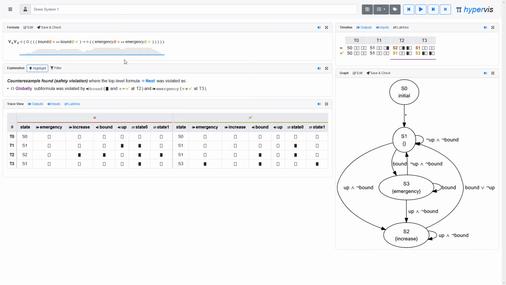In the explanation view, the violation is verbalized, stating that the globally subformula was violated as the bound input was true on both traces at time step 2, but the emergency output was different at T3. The trace view shows the two executions in more detail. Here, the columns show the atomic propositions, the rows the time steps, and the cells encode the binary polarity values. The leading state variable is automatically extracted and is in fact a combination of the two latches named state 0